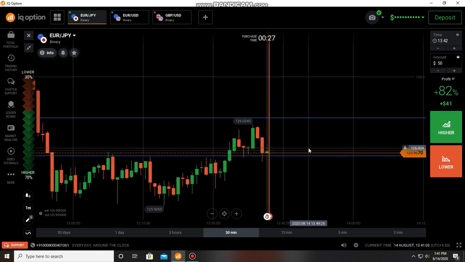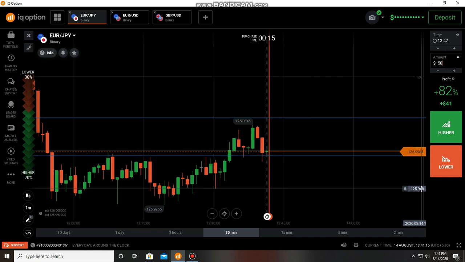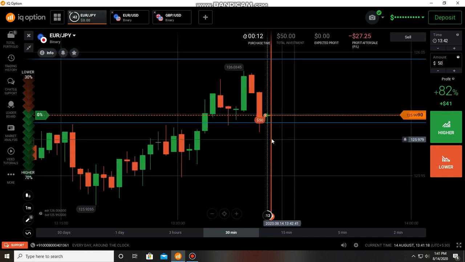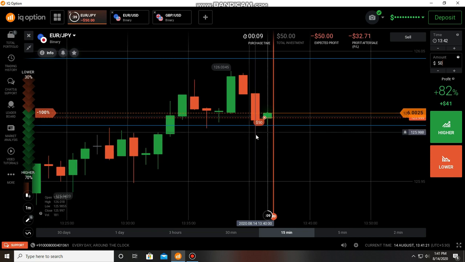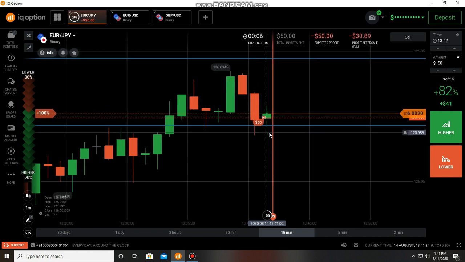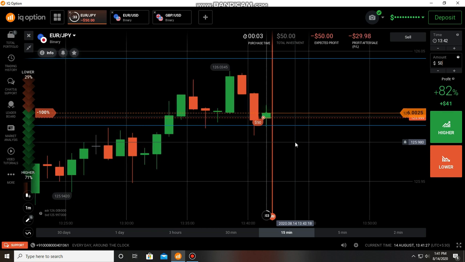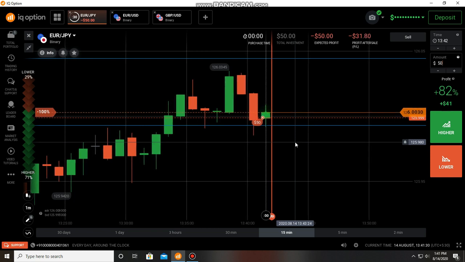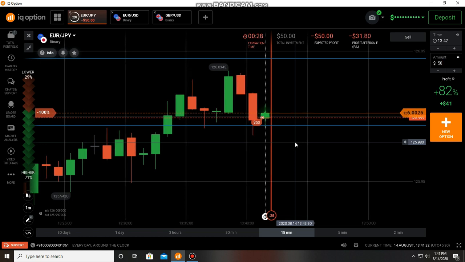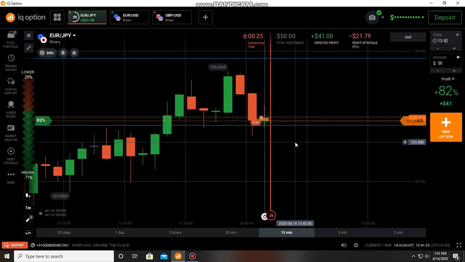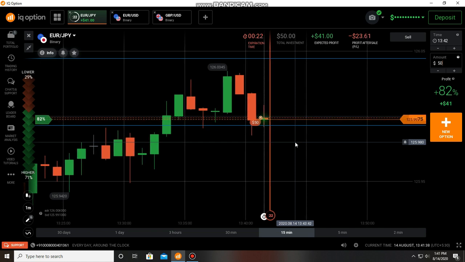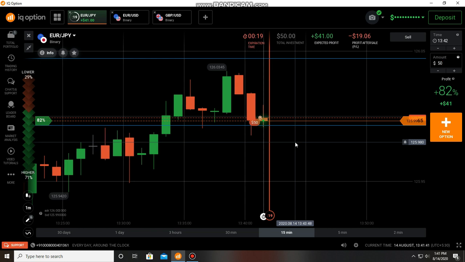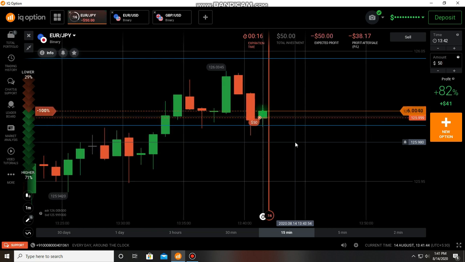Okay, it was also winning trade, but here now we are seeing a new low in the market. Anyway, again we can go to the sellers. I placed here a put option because still there is a gap to the next buyers area, and I think the buyers directly entered. If the buyers directly entered, I may lose this trade also because the whole area will act as buyers area. But I placed here a put option because of that new low in the market. But sometimes buyers may directly enter, and most of the time it will fill that gap.